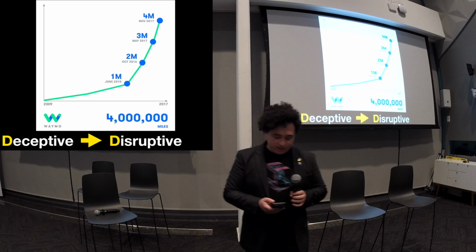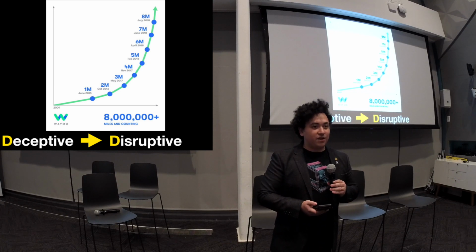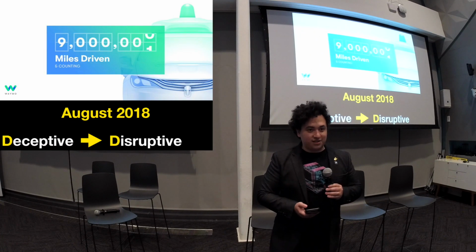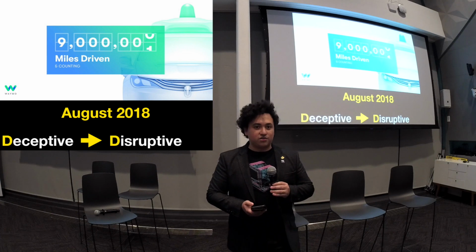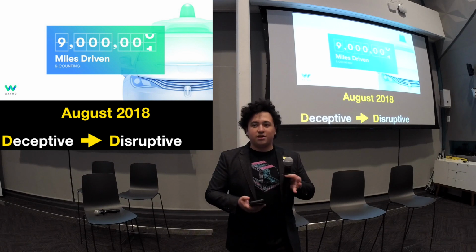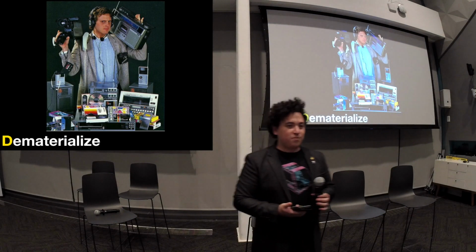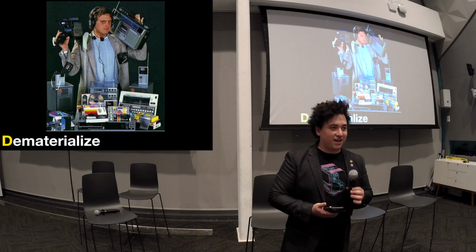Last year they had 4 million. Now this is from July, they had 8 million. In August, they passed 9 million. So consider the speed at which this technology, which requires more and more data, progresses: the more miles it has on the road, the faster we'll get there. And now one of the most cliche pictures every tech conference has.